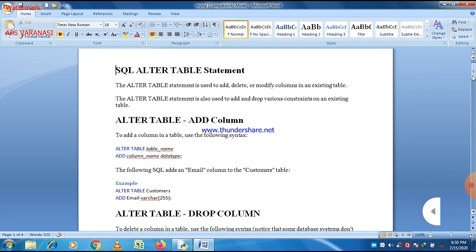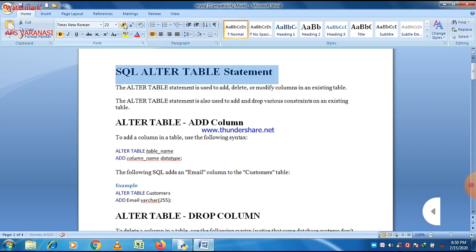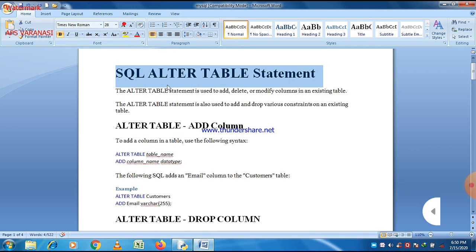And third is data control language, the commands which control the data, neither define the data structure nor manipulate the data, are in DCL commands.